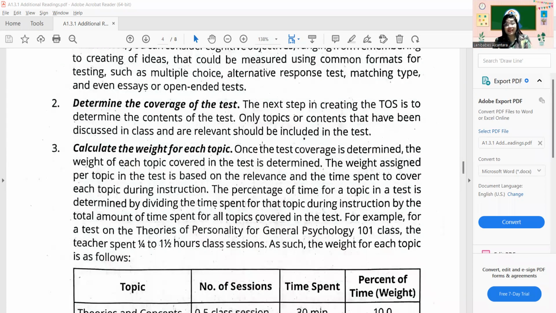Determine the coverage of the test. So, alam dapat natin na halimbawa na lang, kung gagawa tayo ng exam, we should make sure na hanggang saan yung scope na gagawin nating test. Kasi halimbawa na lang sa midterm, it could be chapter 1, 2, 3 or unit 1, 2, 3. Okay? Or it could be halimbawa na lang you have